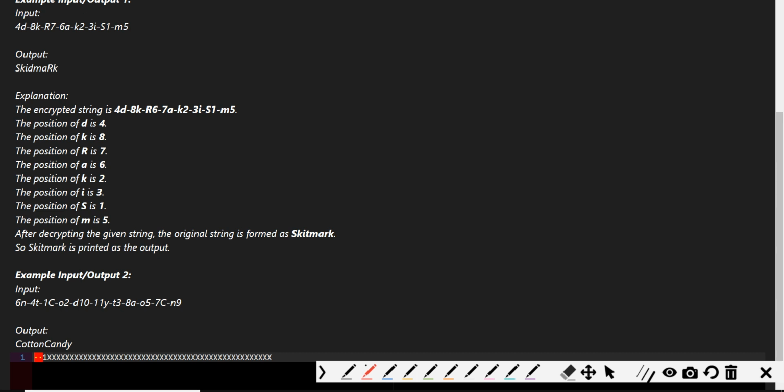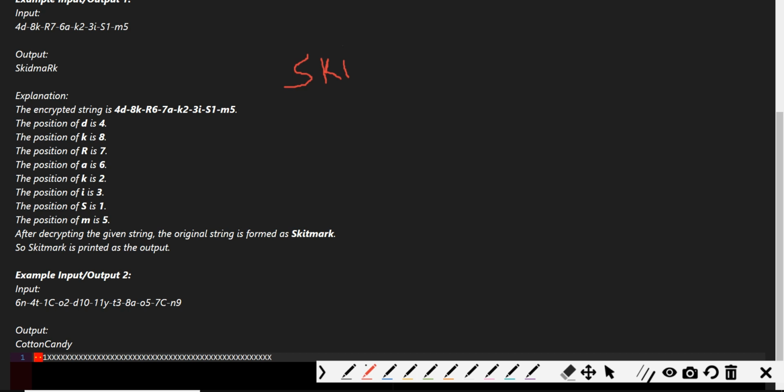We have 1 and the respective character is S. So first we get S, second we get K, and third we got I. Where is the 4?